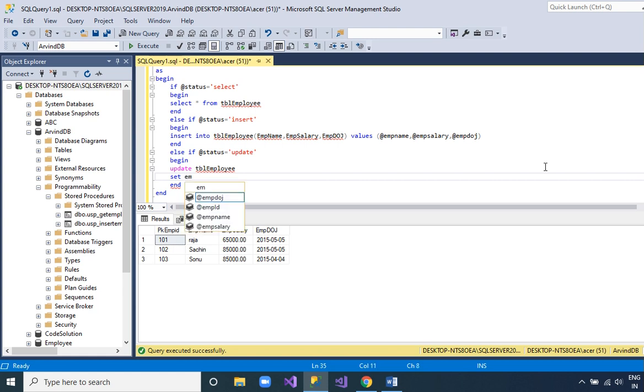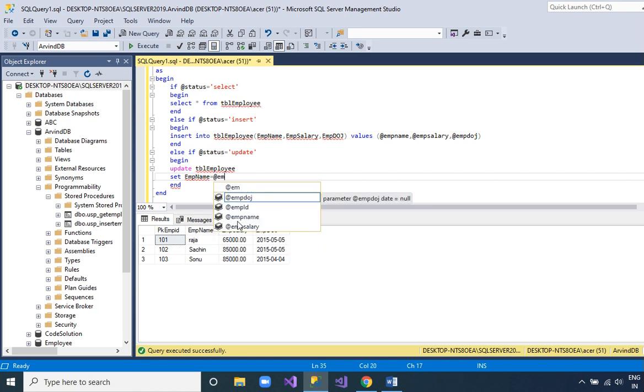emp name, whatever the parameter that we have given, employee name.